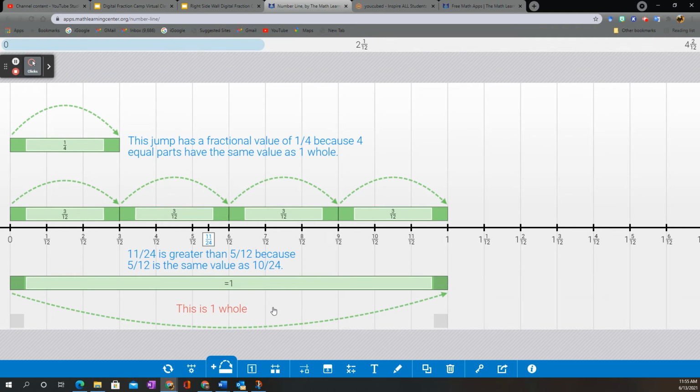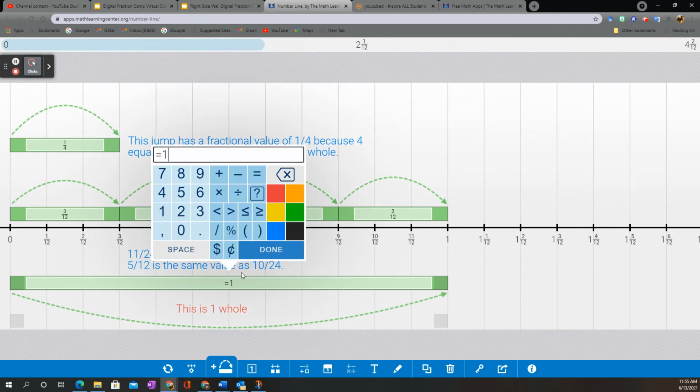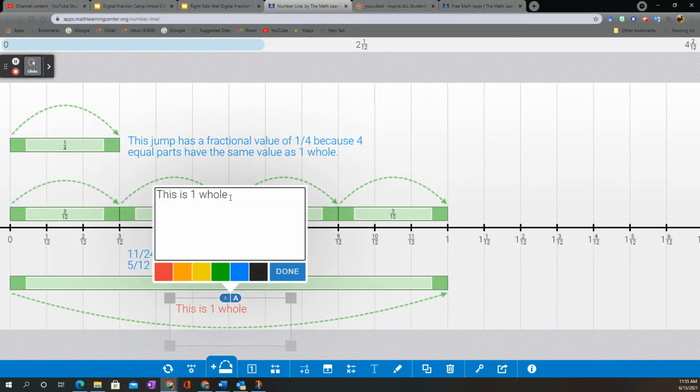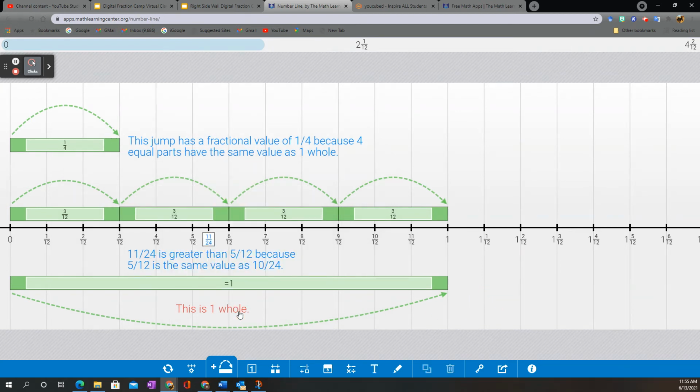We're going to really emphasize the defining of what one whole is, or what I'm saying is I want to make students aware of what the value of one whole is. Okay, in our case, I'm saying this is one whole. So if that's the case, then this up here has to be 1/4, because do you see 1, 2, 3, 4? And now I can say